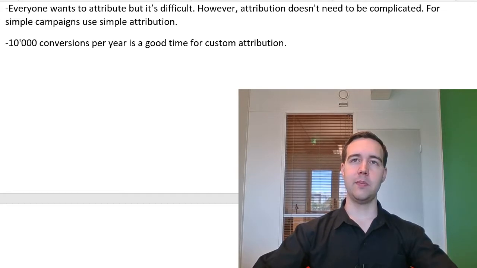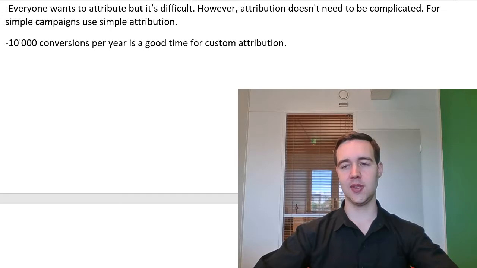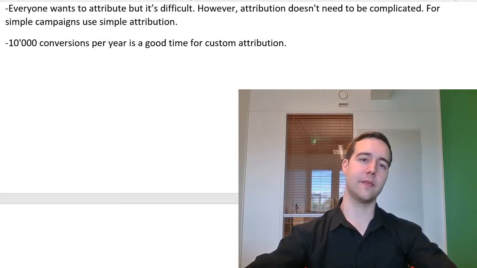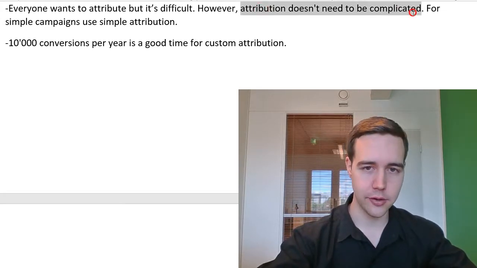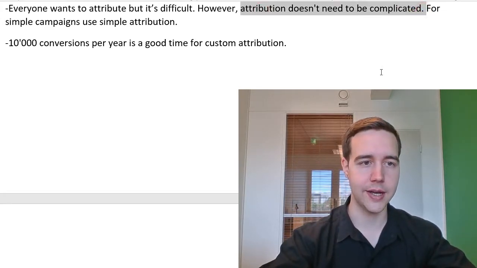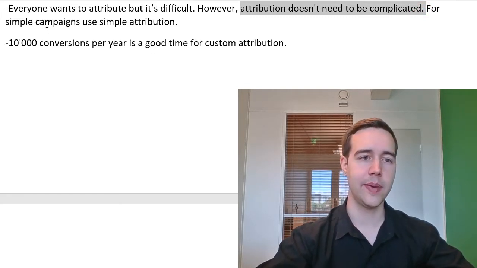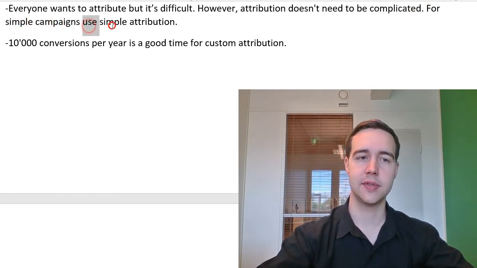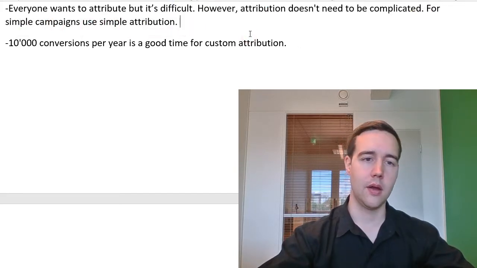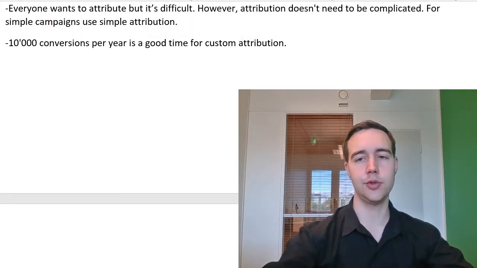And many people are looking for complex models. They think complex models are always more accurate. But when it comes to attribution, you don't need anything too complicated. So if you have a simple campaign, just use simple attribution as well. That is the solution for you.